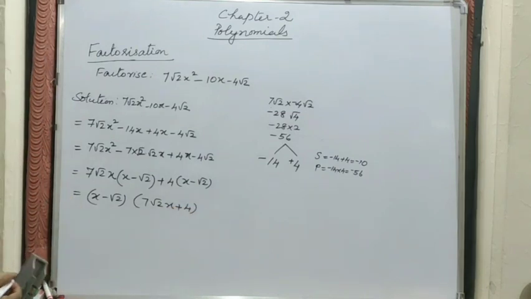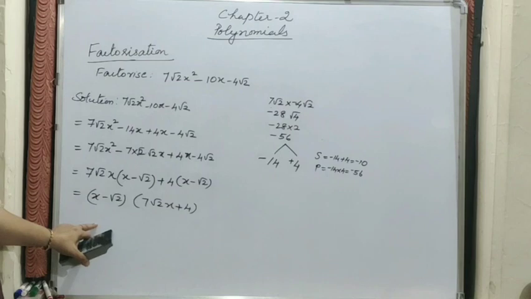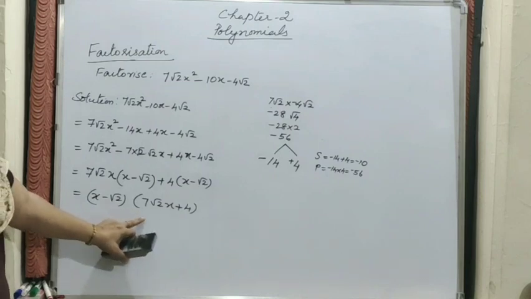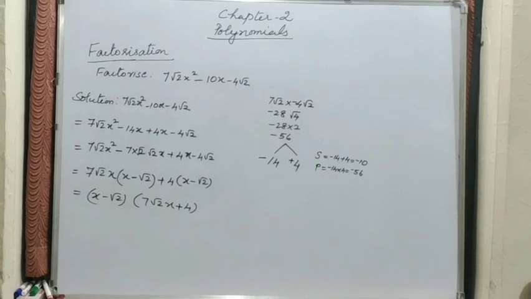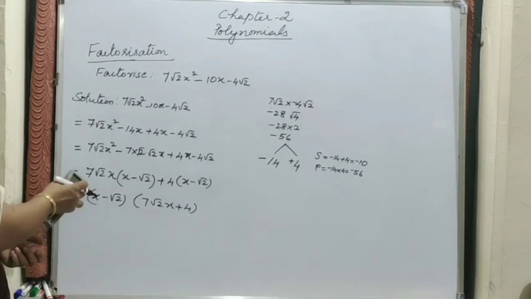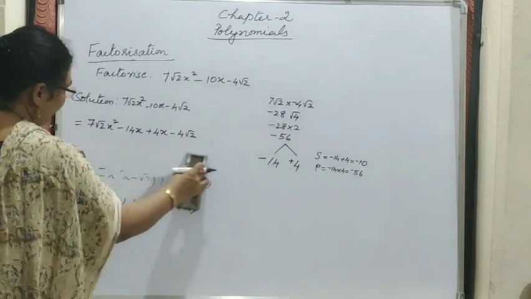So these are the factors. Now we got the product of the factors. So we are writing (x minus root 2) into (7 root 2 x plus 4). Once again I'll explain. Suppose some children will have a doubt here,